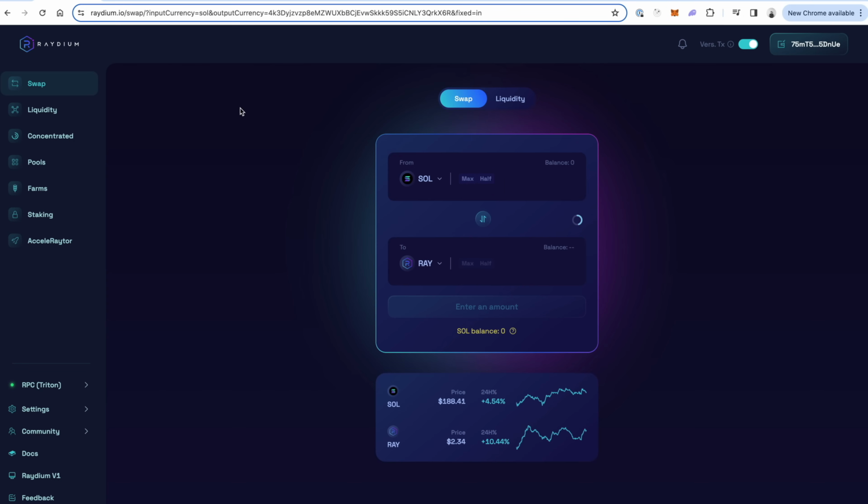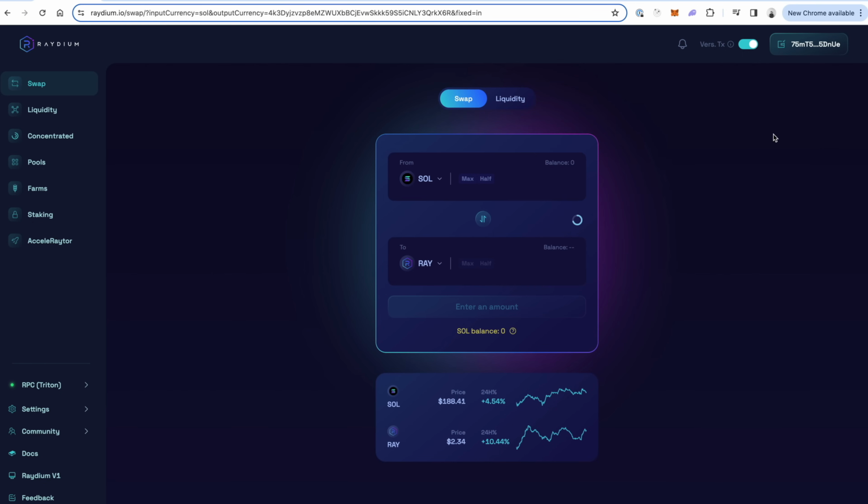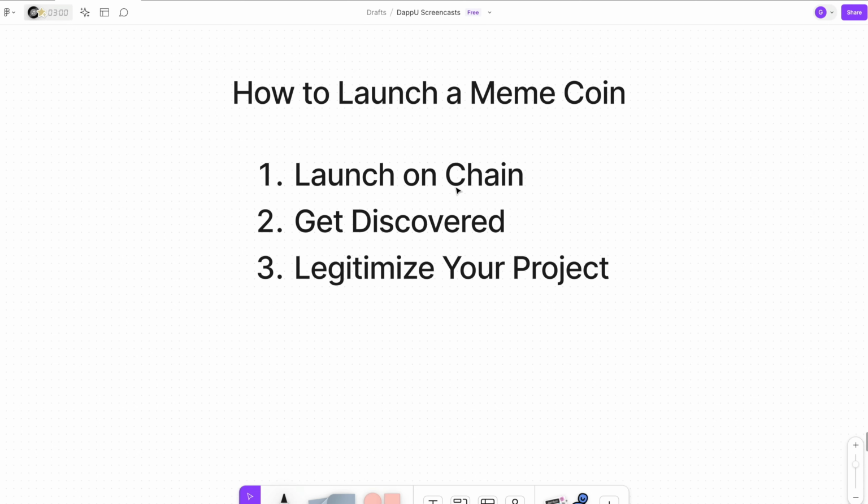The number one exchange for doing this on the Solana blockchain is going to be Raydium, okay? So basically, whenever people buy your coin, they're going to go to a DEX or a decentralized exchange like Raydium. They need a wallet like Phantom set up. They need some SOL cryptocurrency inside of here. They're going to add your meme coin address here as the token they're purchasing. They're going to enter the amount of SOL they want to buy it with. They're going to click swap, confirm the transaction in their Phantom wallet, and then boom, they'll purchase your meme coin. And there you go. So you're going to launch entirely on chain, and people are going to buy on chain.